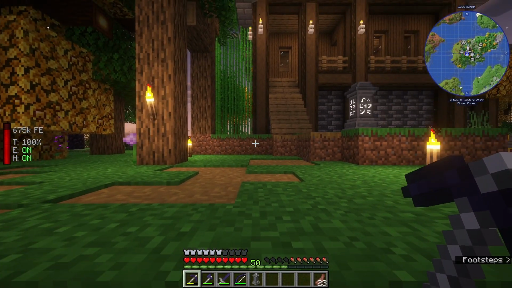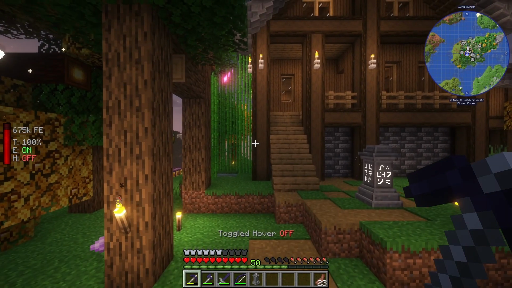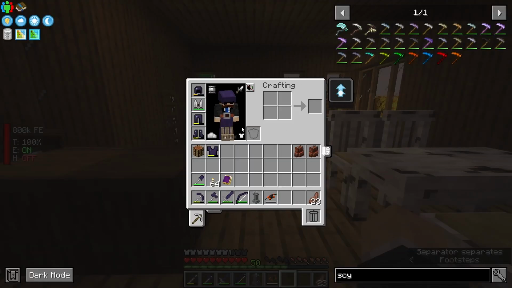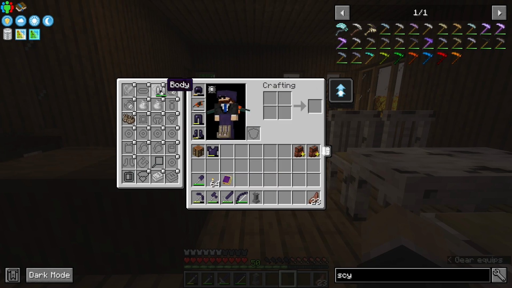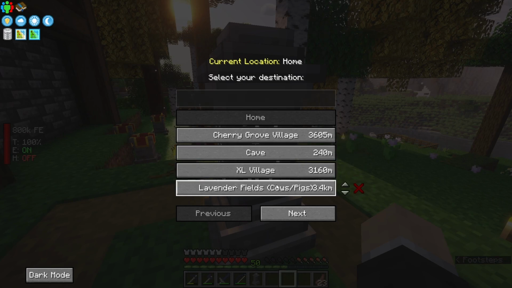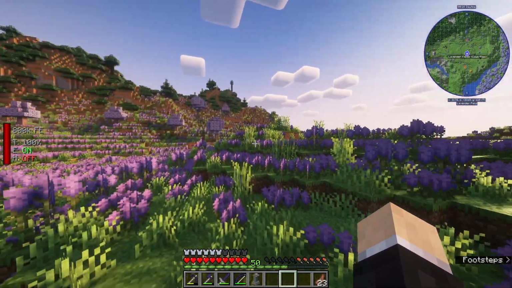That used about 1.25 kilo FE, which is honestly a lot more than I thought we were going to use. Luckily, again, we do have our other jetpack. So both jetpacks are full and equipped now. That one can actually go right there. And we can head over to our waystone and travel to the Lavender Fields, where we can begin our search